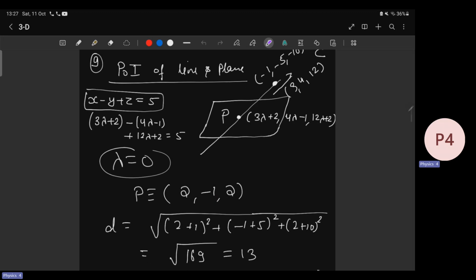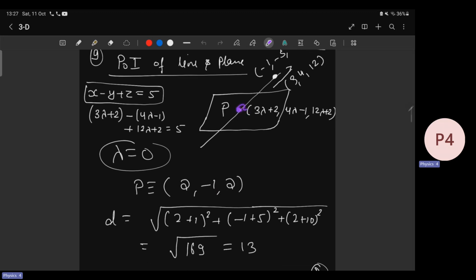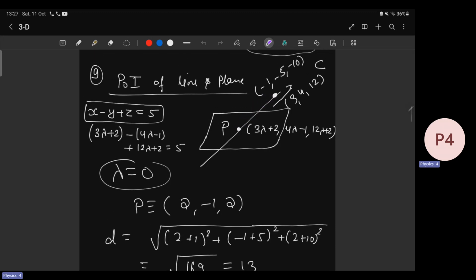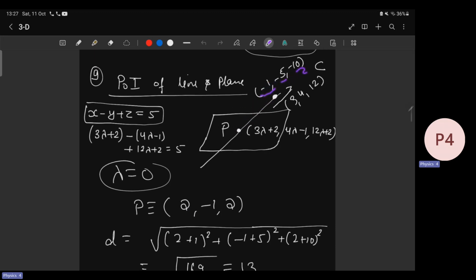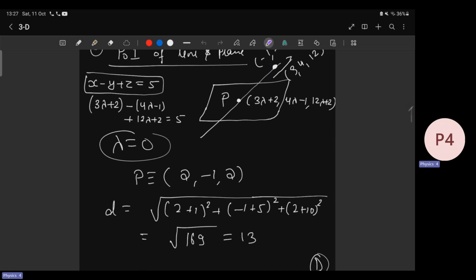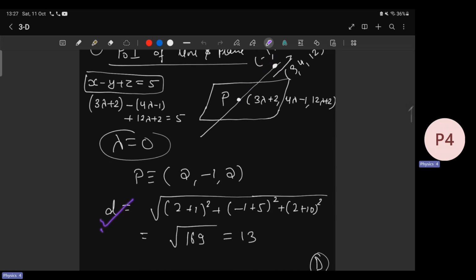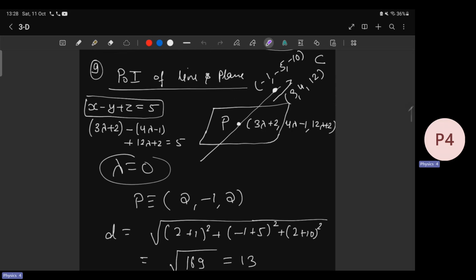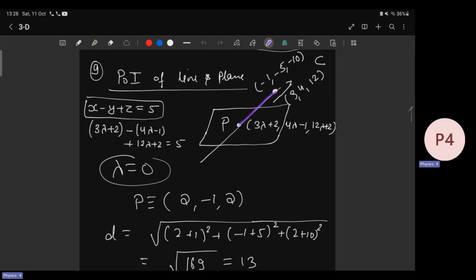Now we got the coordinates of P. We have to find the distance of this point P from a given point on the line, that is (-1, -5, -10). We can simply use the distance formula. We all know it very well. Just apply the distance formula between these 2 points,